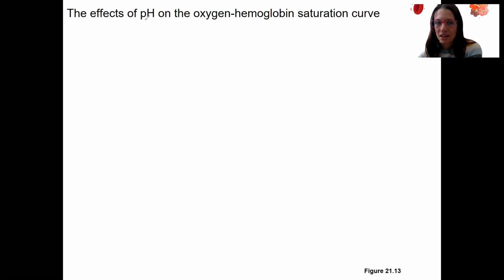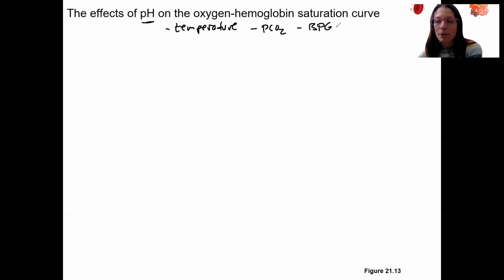One of those is pH. That can alter affinity, which is binding affinity. So PO2 is the biggest thing, right? That's one of the variables in this curve. That's the x-axis. Other factors besides pH are going to be temperature. I'll just list them here. I'm going to show you two examples. One's temperature, one's pH. PCO2,